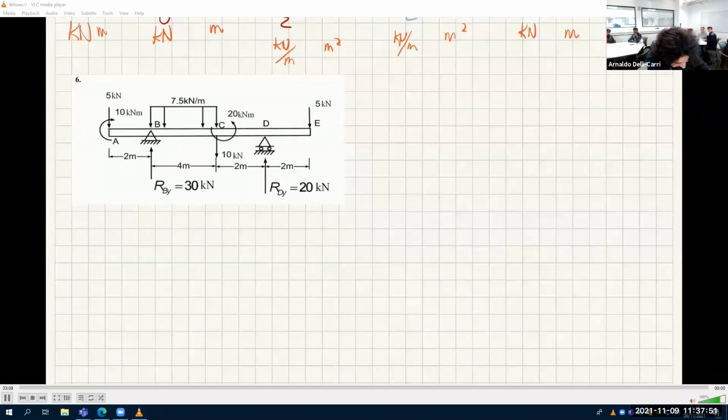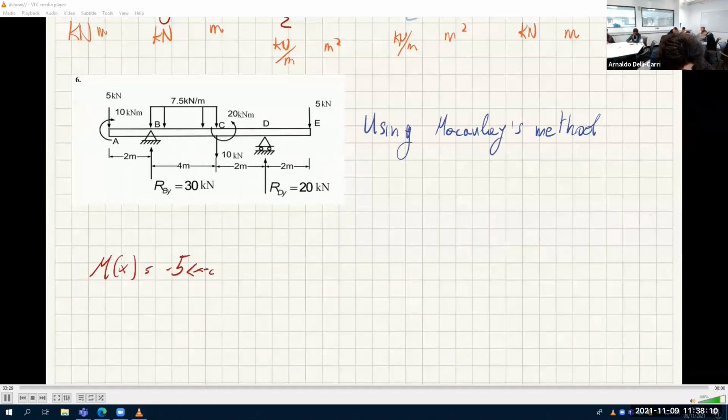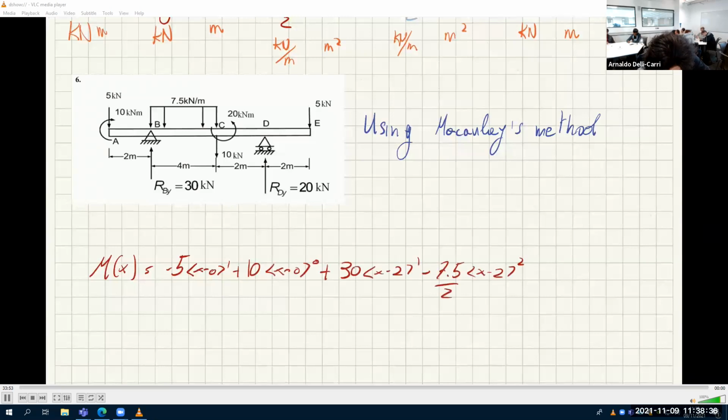Using Macaulay's, M of x is minus 5 times x minus 0 to the power of 1, plus 10 times x minus 0 to the power of 0, plus 30 times x minus 2 to the power of 1, minus 7.5 divided by 2 times x minus 2 to the power of 2, plus 7.5 divided by 2 times x minus 6 to the power of 2, minus, so plus here and minus here,